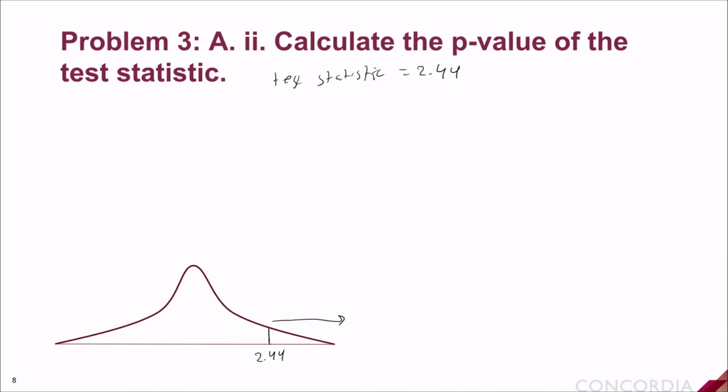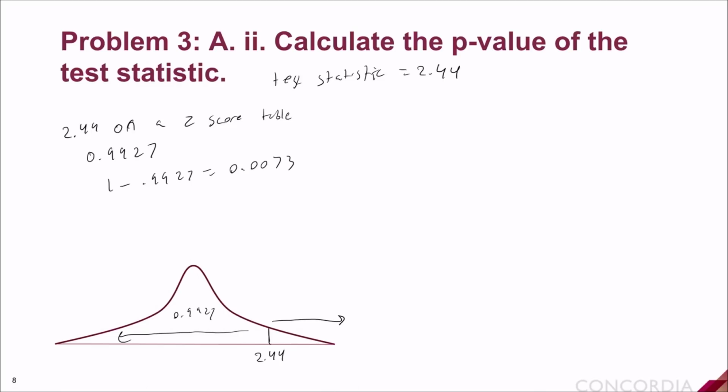So we would have to go find 2.44 on a z-score table, and that would give us a probability of 0.9927. However, that value represents this side, and we're looking for the side to the right. So we have to take 1 minus that value, which gives us